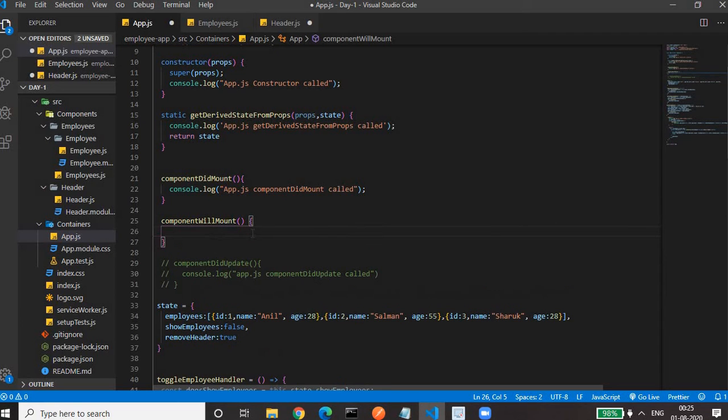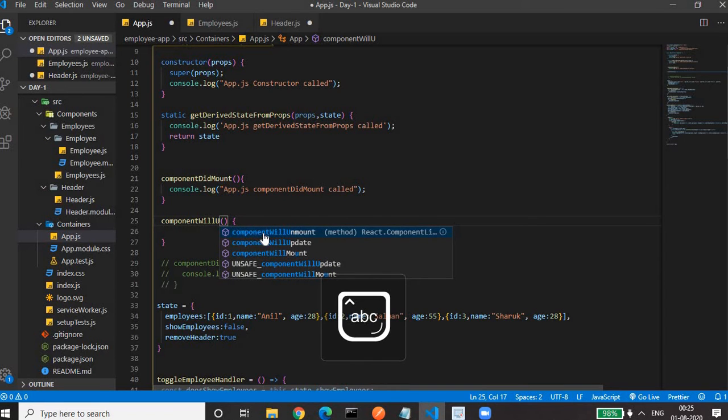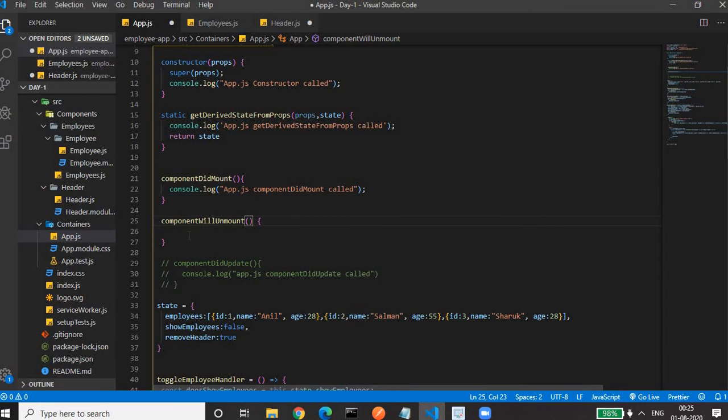Like if we have some connection to the server, we will remove the connection here. If you have some setTimeout, we will clear the timeout here. All kinds of cleanup operations will be done here. Sorry, the function name was incorrect. It should be componentWillUnmount. This is the function which is called just before the component gets unmounted or removed from the DOM.